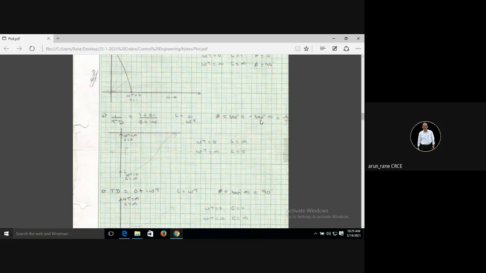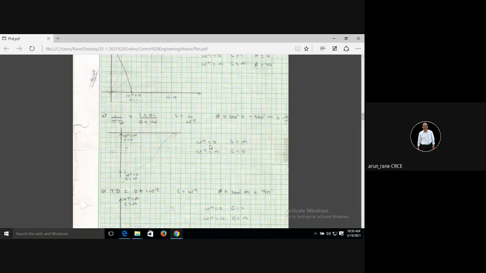Because this will be required when you do the Bode plot. So phi will have a constant value of minus 90. So whatever values of omega t, you will get a constant graph of phi at minus 90. Are you understanding this? Is it clear? So for all the values of omega t, changing from 0 to infinity, your phase angle phi will be constant at minus 90, whereas g will go on changing as per 1 upon omega t.